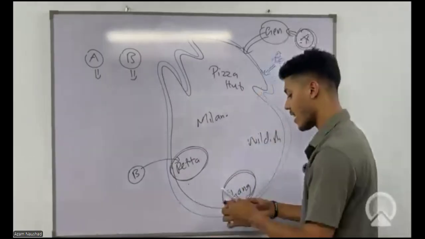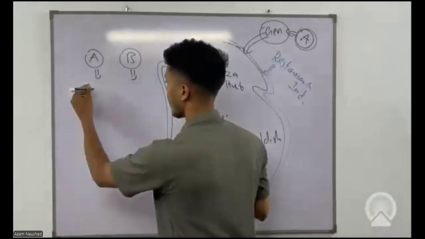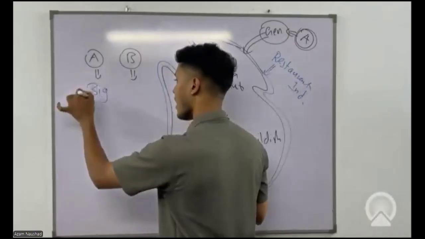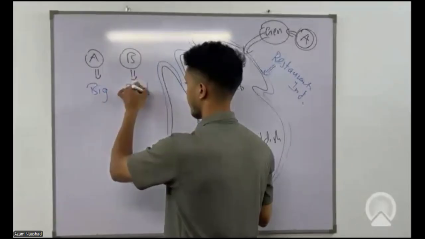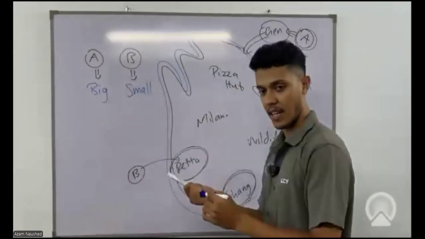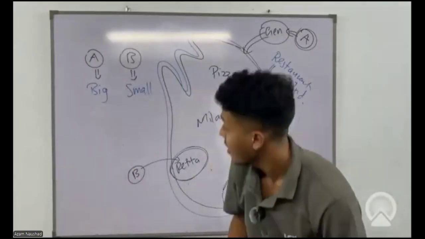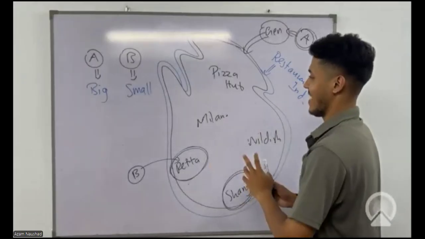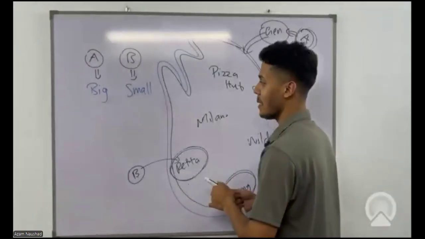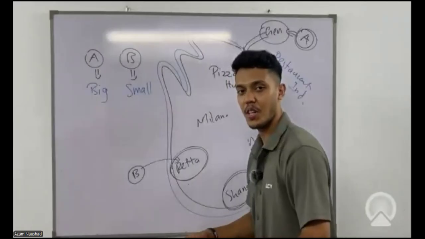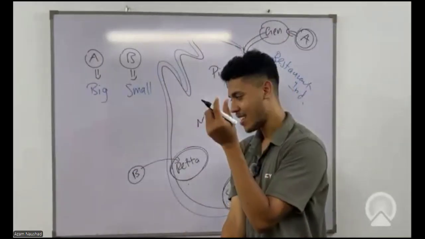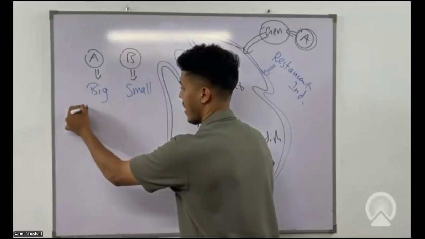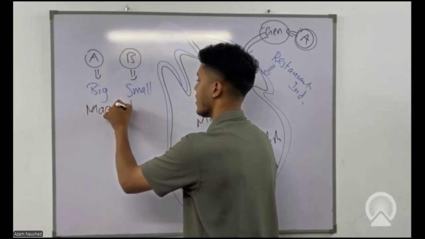Right. Answer A is obviously the big one. Answer A is the big one, while answer B is small. Answer B is small, right? So which one should be macro and which one should be micro? Macro means big, micro means small, isn't it? So macro and micro.